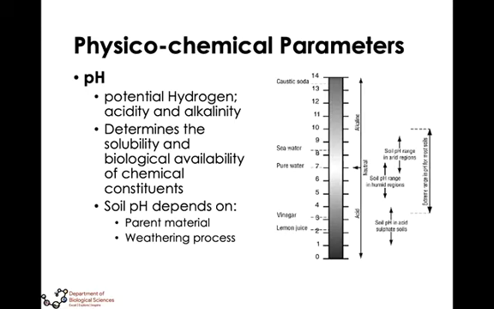Okay? Ibig sabihin ng parent material depends on the rock from which the soil was formed. Okay? And the weathering process acted on it. For example, you have the climate, vegetation, topography, and time, as well as water. Okay, nakaka-add din po yun ng pH doon sa soil. Okay? So soil pH affects the amount of nutrients and chemicals that are soluble in soil and water.